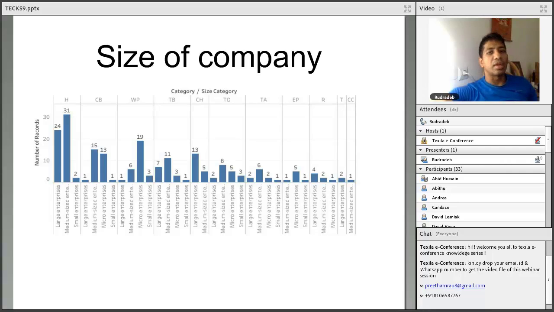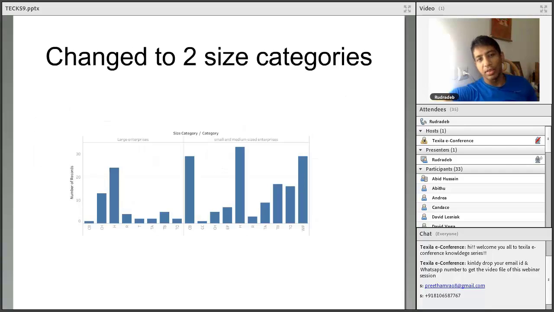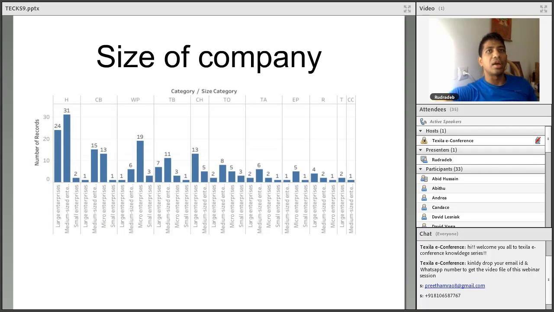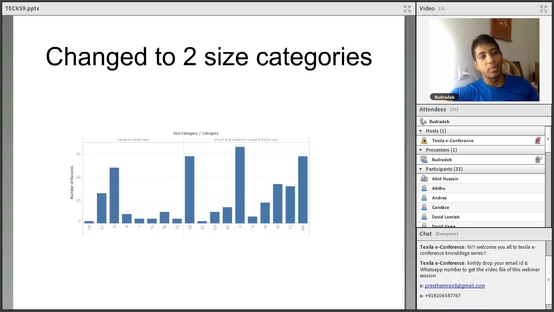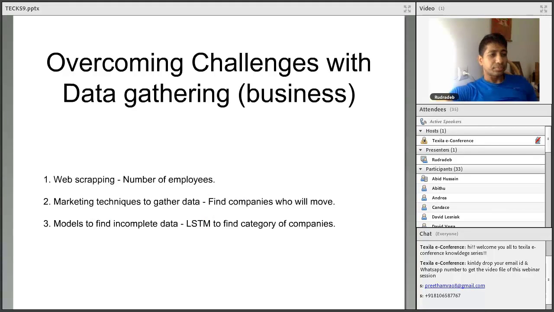So our source of the data was somehow skewed. So what we did is we said, okay, instead of categorizing into 3 or 4 different categories, we ended up categorizing them into 2 basic types: large and small-medium enterprises. So these are the kinds of challenges that you would face. When you collect the data, often you would not have data across all 4 categories as an equal number of things. Some of them will be high, some of them will be low. So then we have to somehow change or adapt the model. These are the challenges that you will face while building those things.